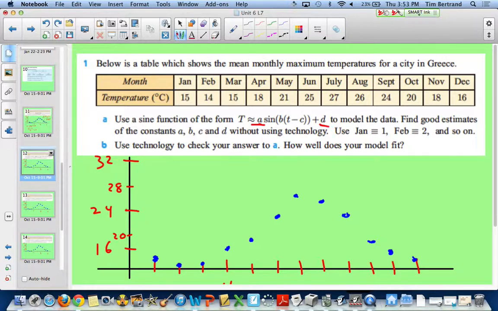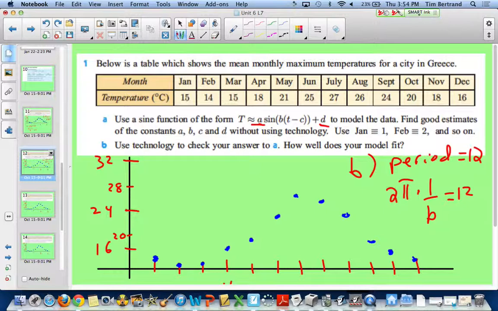So the B value has to do with the period. The normal period was 2 pi, and we know what the period in this example is, right? It's average temperatures. It should repeat every year. So the period is going to equal 12. The way I should get 12 is I should take 2 pi and multiply it by 1 over b